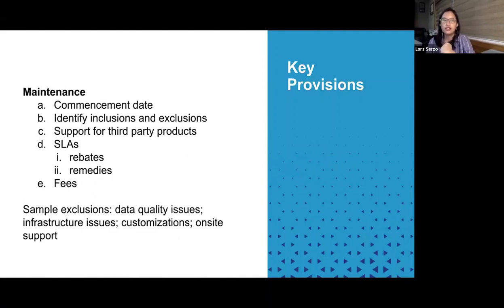Okay. Now for maintenance, why is this important? This is important because, of course, if you have a piece of software, more likely than not, it would break down every once in a while, or there'll be bugs or errors.